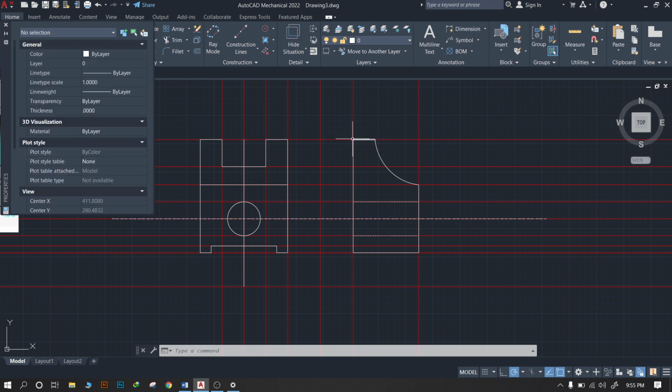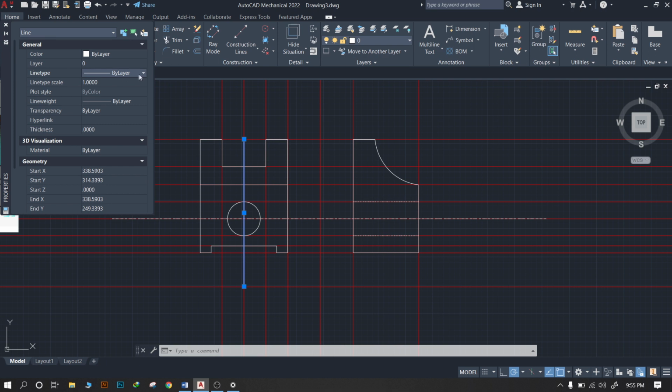Also we have to convert this particular line into a center line.